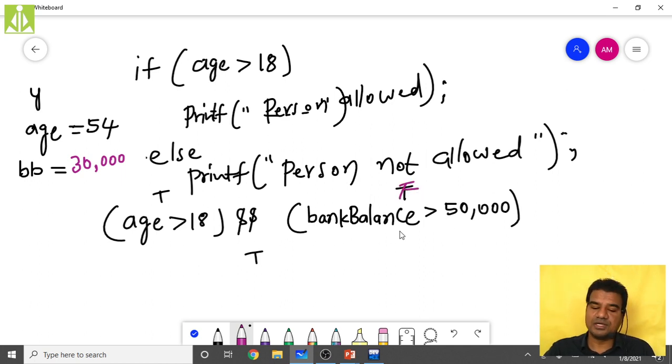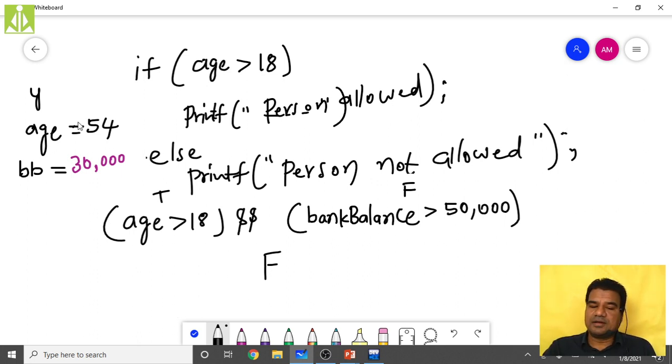It is not true, isn't it? If it is false, then ultimately the person is not allowed to vote. So here also the final output is false. If any condition is not met, you are simply disallowing him. So the final condition is false.